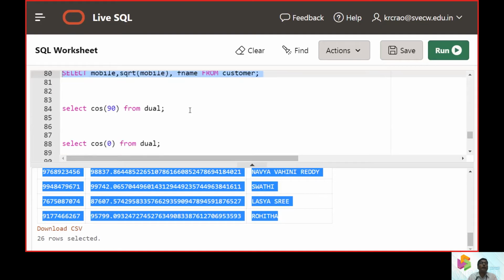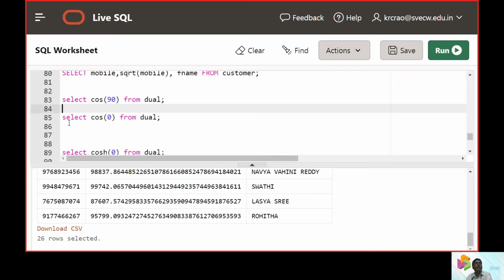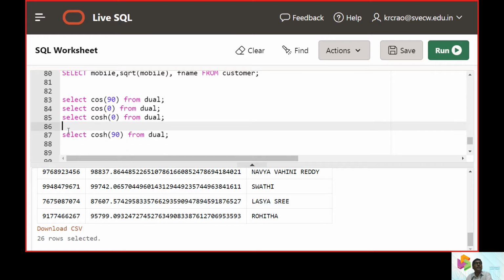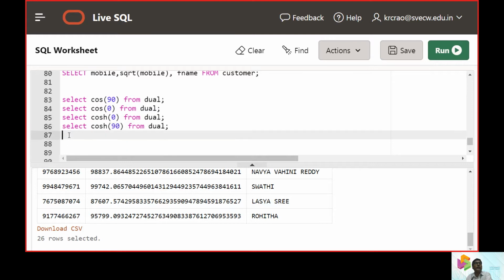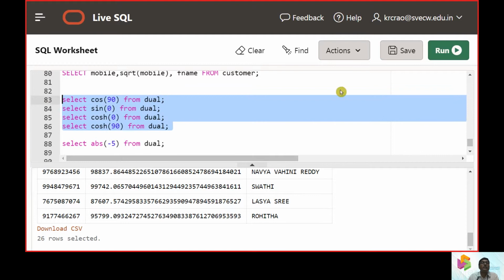Now we do have the trigonometric values supported by SQL. We have a lot of trigonometric functions which you can see here, like cos, sine, tan. So just hit the run button and see how it goes.